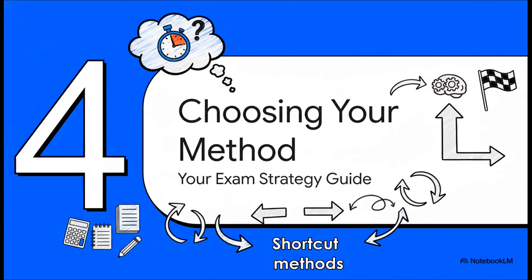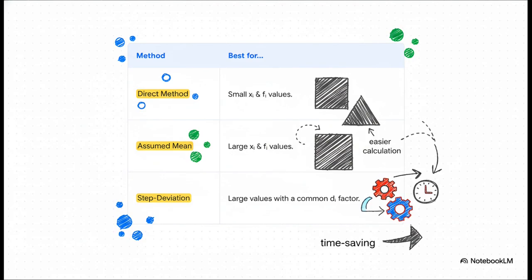तो अब सबसे इंपॉर्टेंट सवाल, एग्जाम में कौन सा मेथड यूज करना है? लेट्स मेक अ प्रॉपर स्ट्रैटेजी। ये टेबल आपके लिए एक चीट शीट जैसा है। रूल्स सिंपल हैं। अगर XI और FI की वैल्यूज छोटी हैं तो टाइम वेस्ट मत करो, सीधा डायरेक्ट मेथड यूज करो। अगर वैल्यूज बड़ी हैं तो अज्यूम्ड मीन मेथड यूज करो, कैलकुलेशन ईजी हो जाएगी। और अगर वैल्यूज बड़ी हैं और आपको डिविएशंस में कोई कॉमन फैक्टर दिख रहा है तो बिना सोचे स्टेप डिविएशन मेथड यूज करो। ये आपका सबसे ज्यादा टाइम बचाएगा।